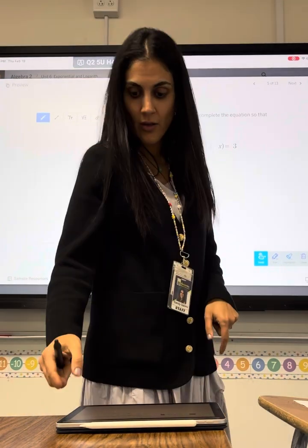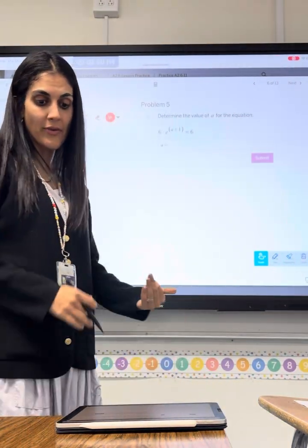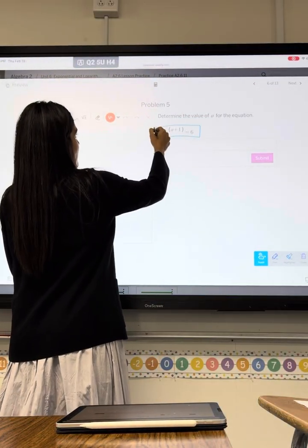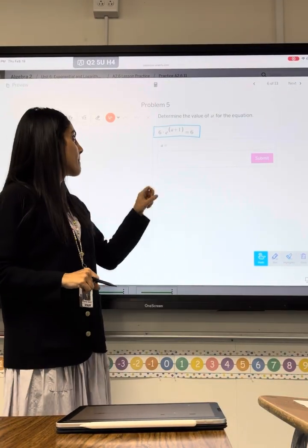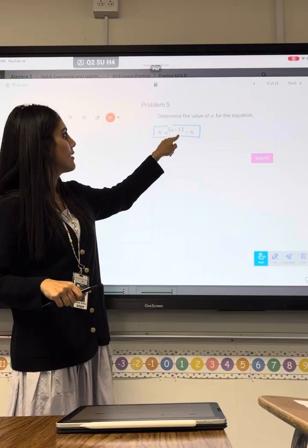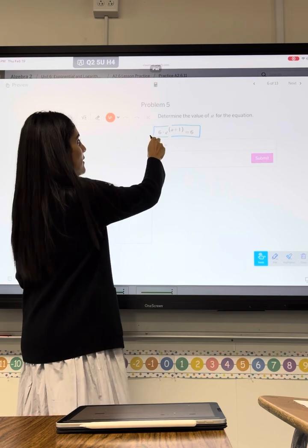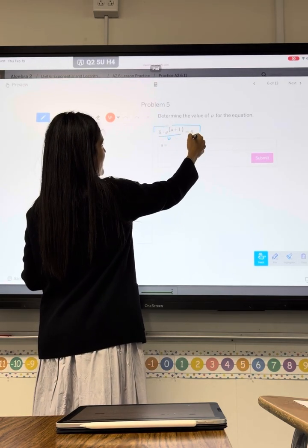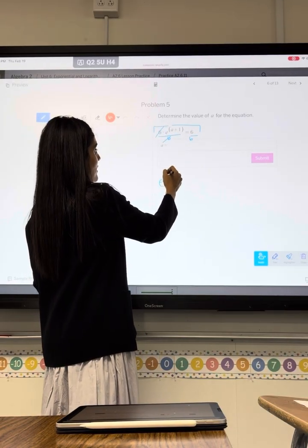So keep the fun going and look at number 6. Determine the value of A for this equation. All right, you guys, look at this. This equation has what I like to think of as fluff, all right? That's 6 times blah, blah, blah, right? The real work is over here. This 6 times my real work, that's fluff. It's fluff I don't need. So what I would like to do is divide both sides by 6 and get rid of that fluff, all right? I end up with e to the a plus 1